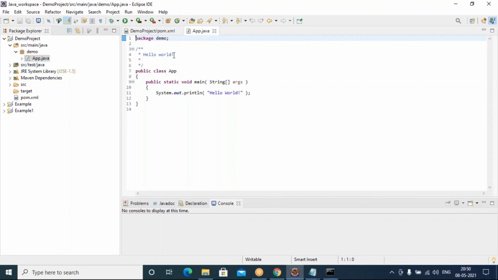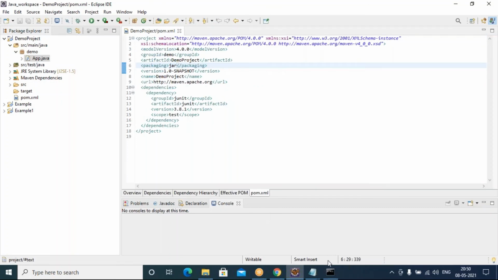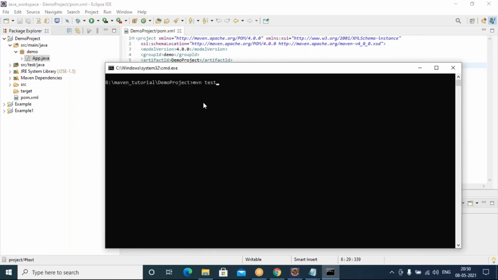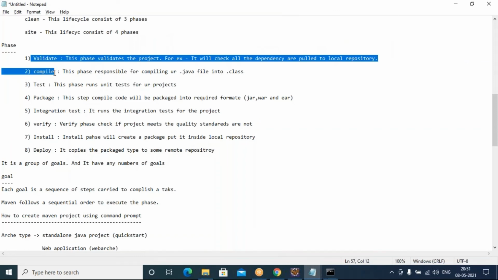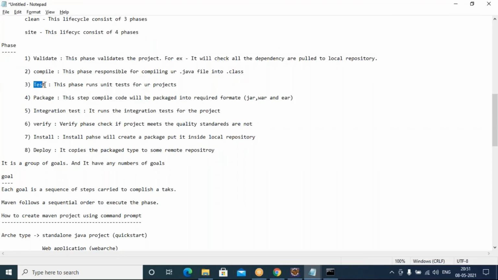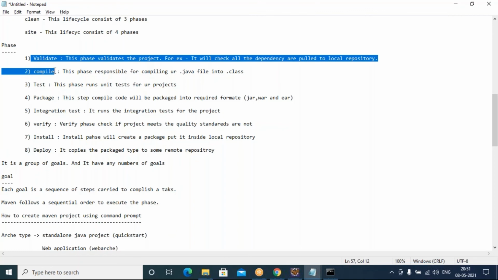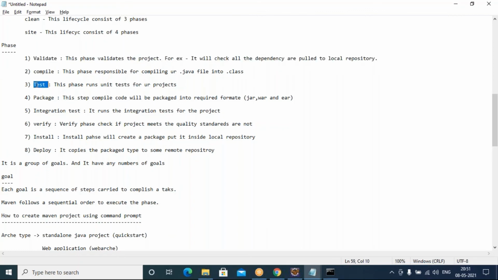When I call this phase, it is going to automatically execute the above two steps, then it will execute your test step. That's why I was telling you Maven follows sequential order to execute the phases. This is called sequential order. The first two phases will be mandatorily executed, then the test phase will be executed.